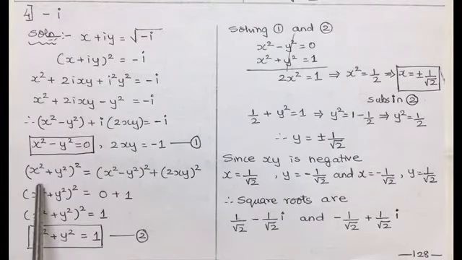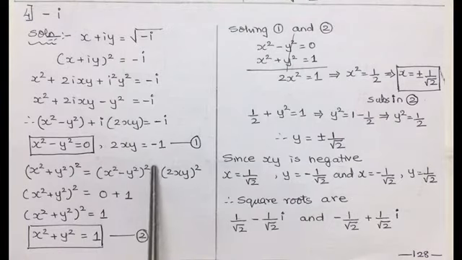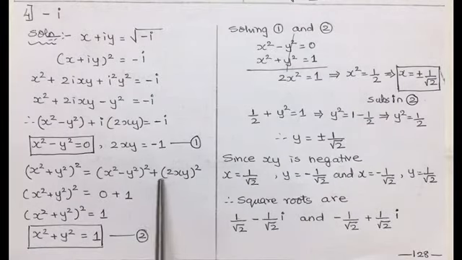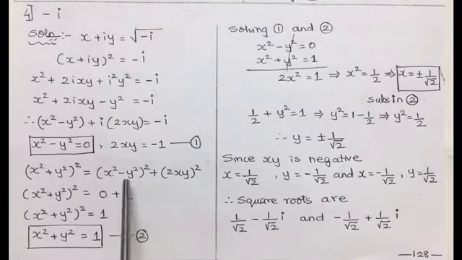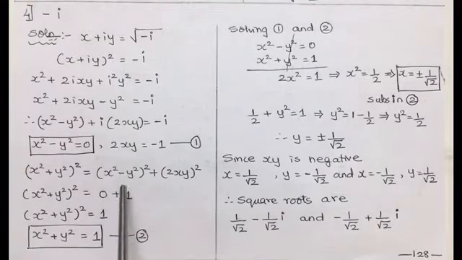Now for calculating the second equation, we get x square plus y square whole square as x square minus y square whole square plus 2xy raised to the power square. This form of formula, you remember it so that it is easy for substitution. So x square plus y square whole square will be equal to 0 plus 1, and we get x square plus y square whole square equal to 1. Therefore the root of 1 will make it 1.